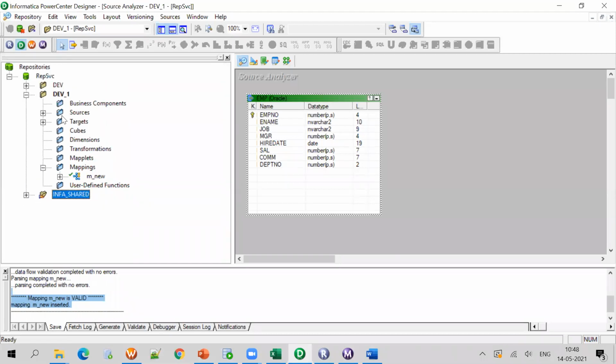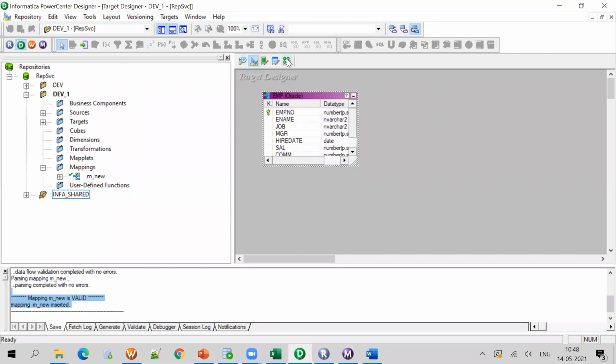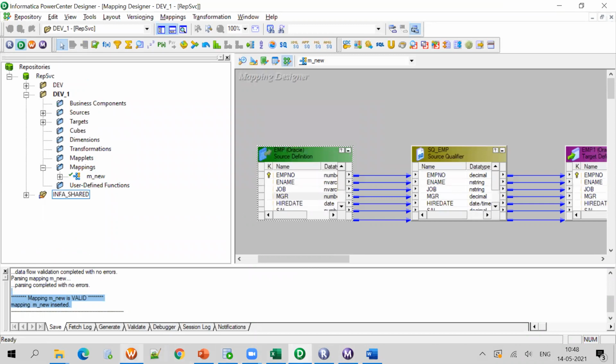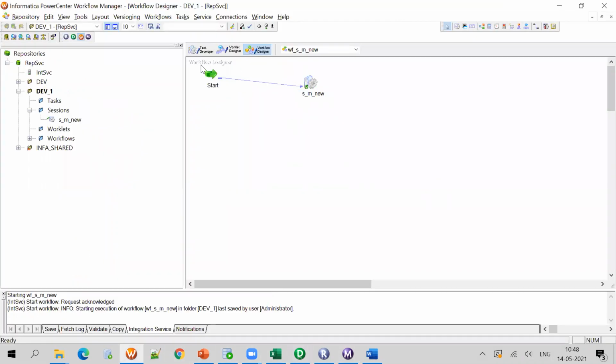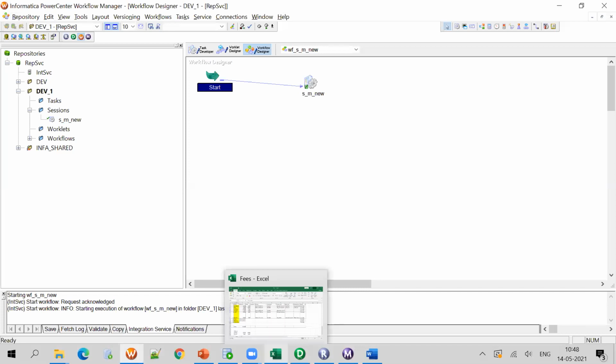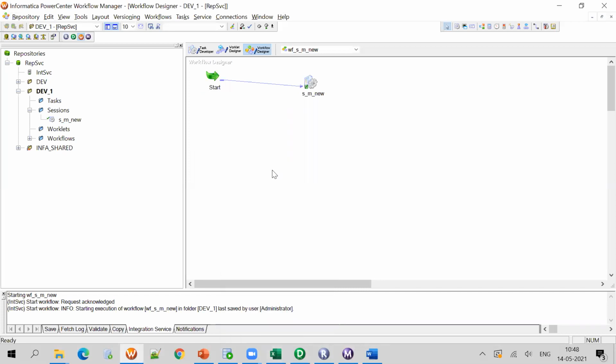One more thing: whatever we have created now, we have created the EMP source, the EMP target, a mapping, a session, a workflow, and we have created the ODBC connections. All of it will be stored where? In the repository. How will the repository know? The Repository Service will give the information to the repository. All will be stored in the metadata. I will show the metadata tables later in the sessions, and how to query the repository tables also.